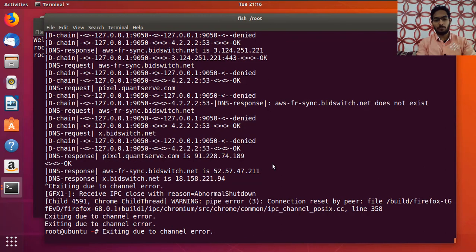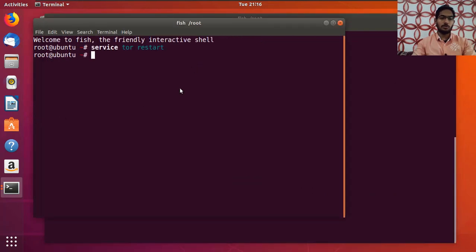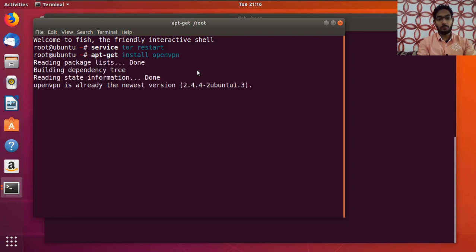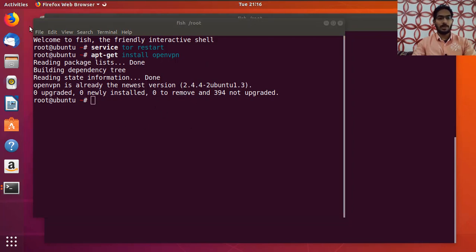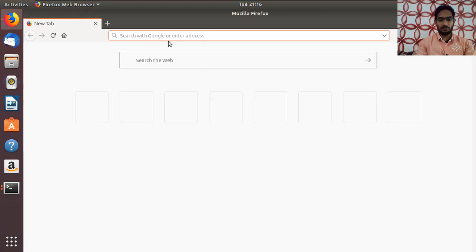Now I will show you how you will use the OpenVPN tool. I will just download it from there: apt-get install openvpn. You will just download it this way, and once it's installed, it will take a few seconds. Once you have downloaded OpenVPN from here, you can later go to the web and just type here